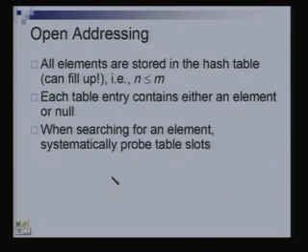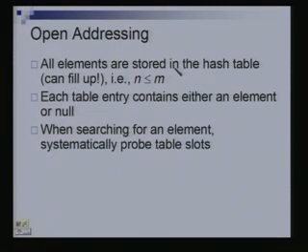So, open addressing differs from chaining in the following key fact. Recall that in chaining, none of the elements were actually stored in the table. They were all stored outside the table. In the table, all we had was a reference to the starting element of the linked list. The table was only storing the pointers or the references to the first element of the linked list. But now what we are going to do is we are going to put all the elements into the table itself, right, and we will see how.